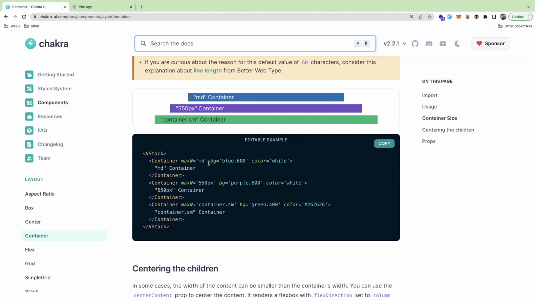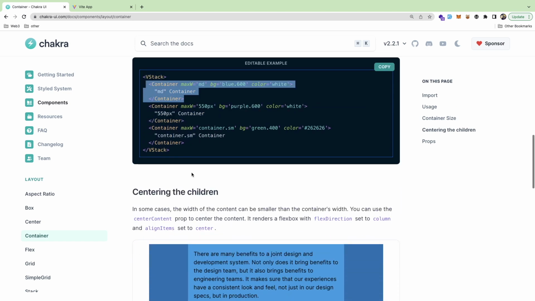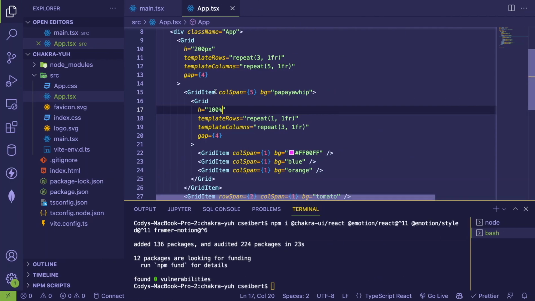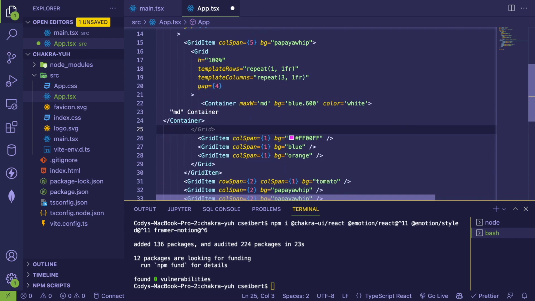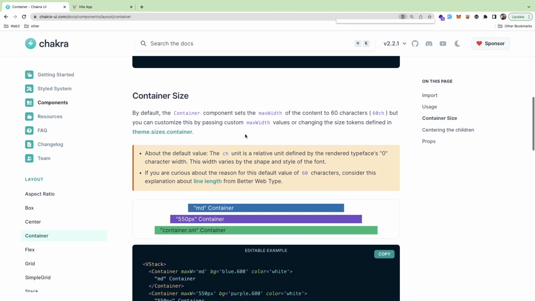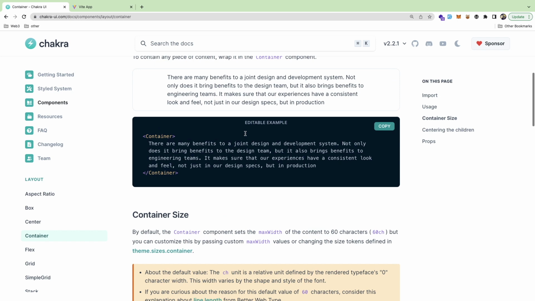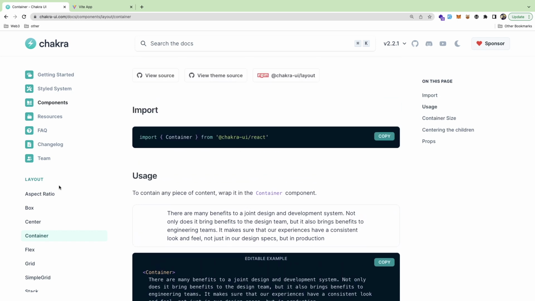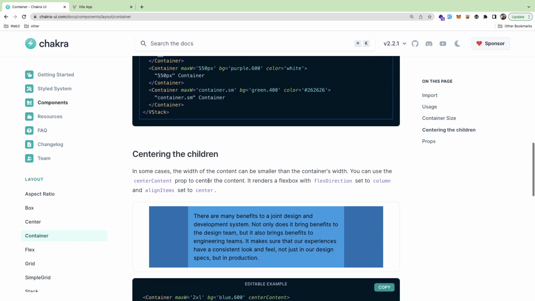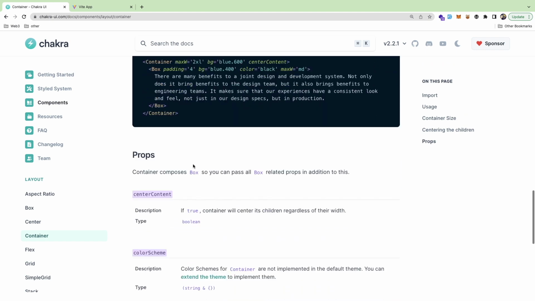Okay. Give this a shot. Usually you use a container if you want to contain everything with a certain width. Max width is MD. So what are the other things you can use instead of MD? By the way, in this video, this is me actually just learning. This is how I learn. I just play around with the docs. I don't read through docs top to bottom. I just find things that look interesting and play around with them, and try to